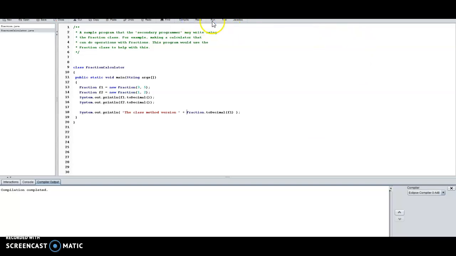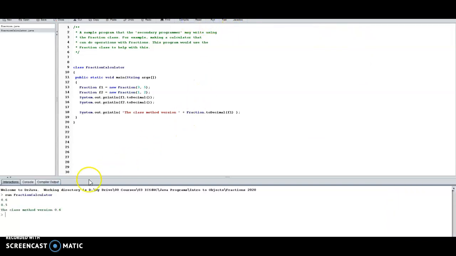Compile that, and then hit the run button. And you can see we're getting the same 0.6. Okay, but the way you call it is different, right? We have to go class name, then method name,